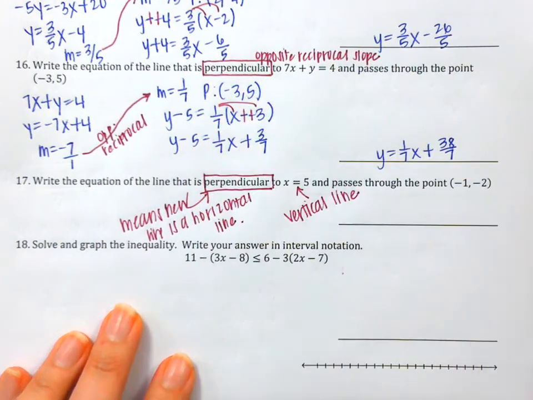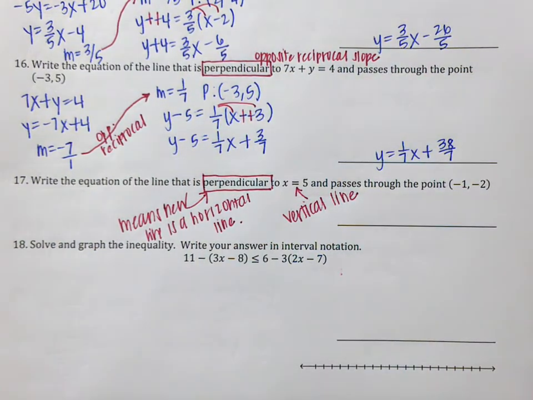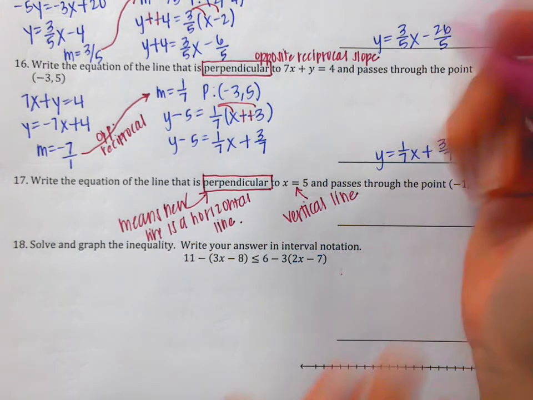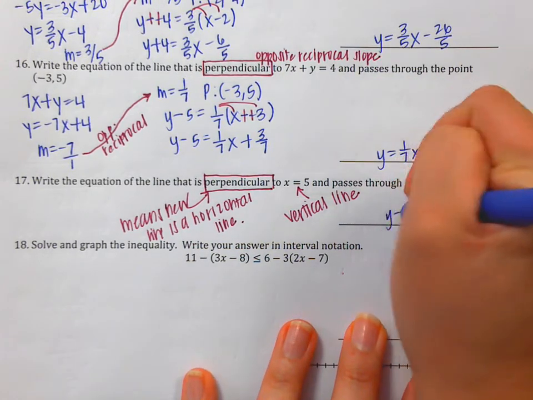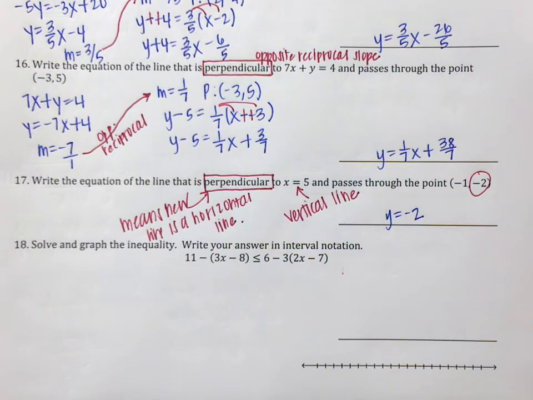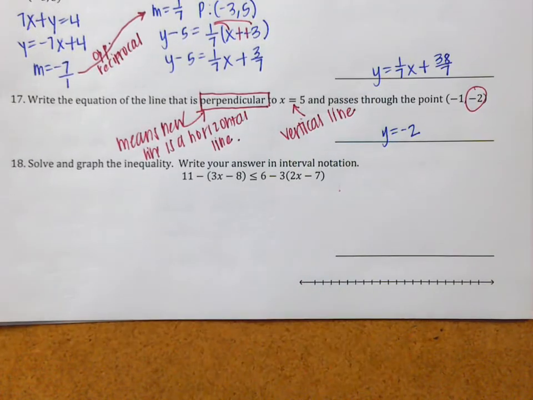So we know horizontal line, we think about HOY, horizontal y, 0 slope, y is equal to. So all I care about is my y value. And so my final answer, y equals -2. Okie dokie. We're getting through these. Let's move on to